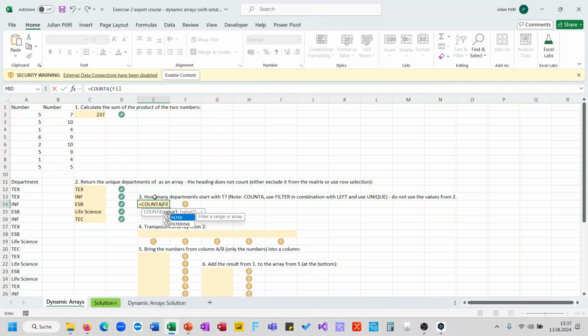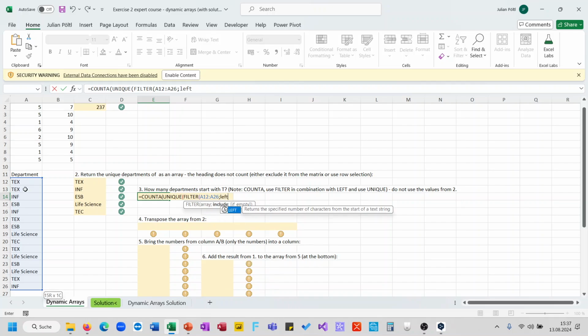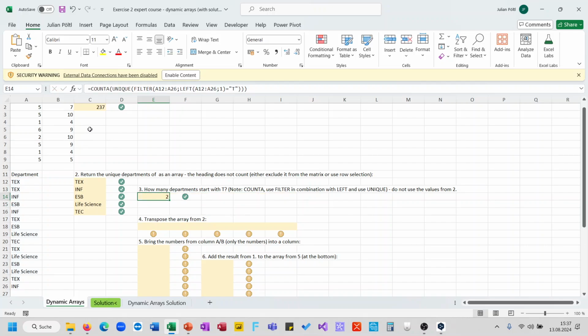Then FILTER, I want to filter UNIQUE, no, so here UNIQUE, and then filter this whole array if LEFT from this array first is T. The solution is 2 because